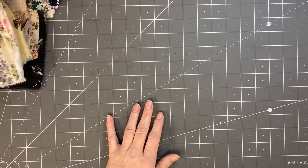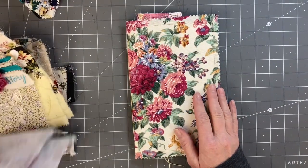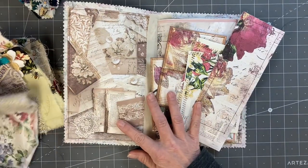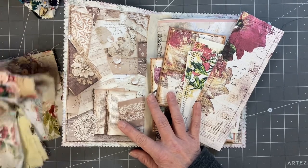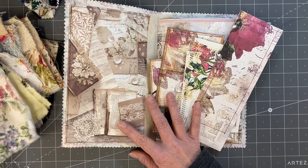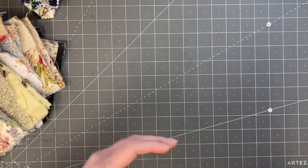All right, guys, I am back and we are going to start by throwing in some of the flips, what we think kind of looks the best. Just going to try to see, these are more like muted roses. I don't know that the fabric flip really matters as far as coordinating, but how about we just do this one for that. We'll just make sure everybody has a flip, and then we will start,